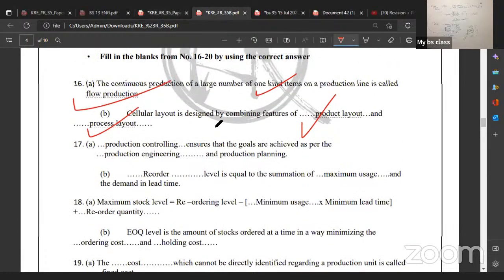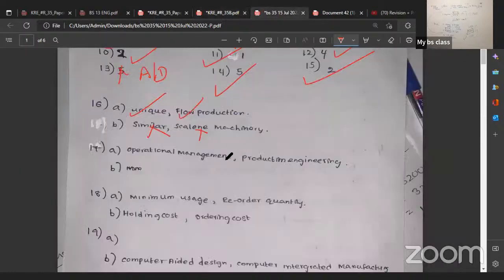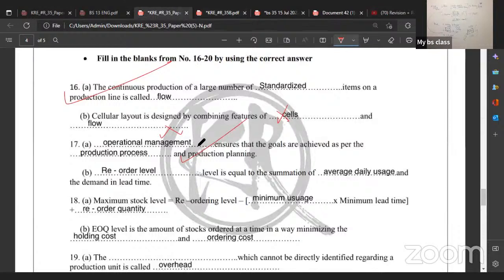Production controlling ensures the goals are achieved as per the production. Yes, production controlling. The main objective is production management, right? Operation management, production management, but yes, production planning also, because planning consists of the process and the